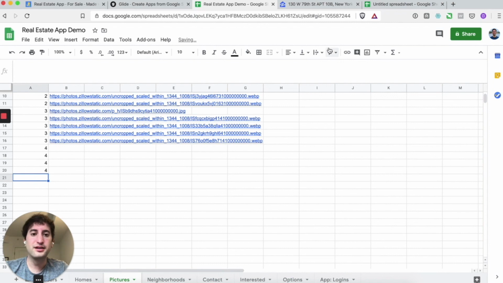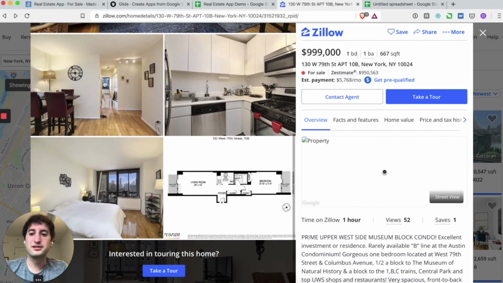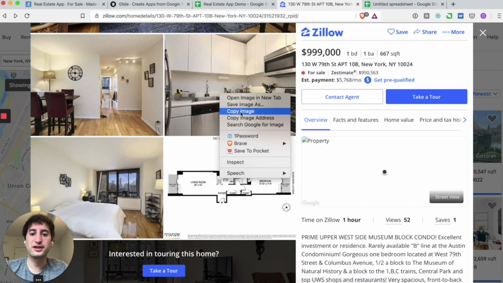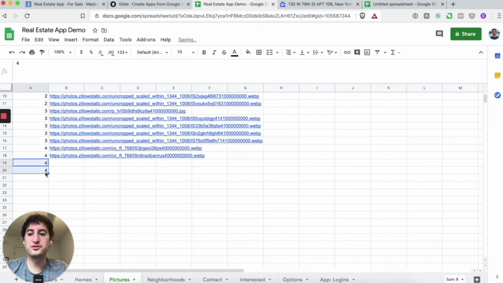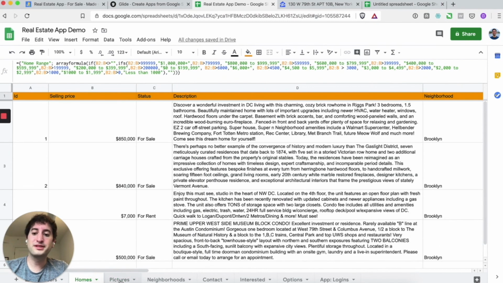And then what you want to do here is get a few more images. So do the same thing, right click, copy image address. There we go. Right click, copy image address. I'm just going to do 2. So there's a few extra pictures, and you'll see how we use that as well. So let's see. Once you have that filled out, the homes and the pictures, houses and homes and pictures,